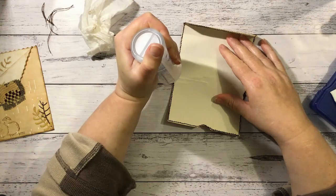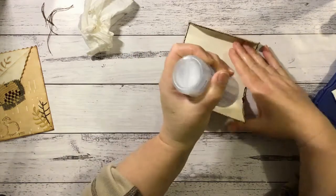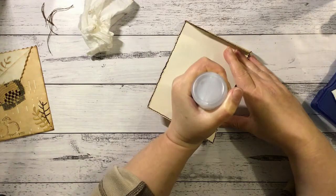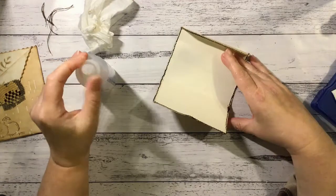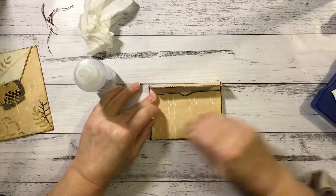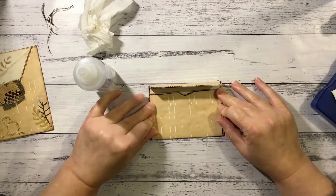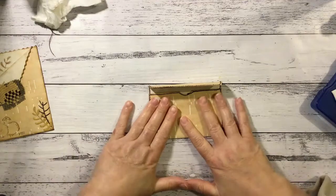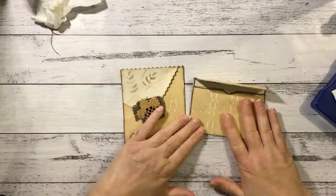Just run some glue up both sides. I'll just hold that down for a little bit until it gets tacky. And then we'll have our envelope. So I love the way the music paper looks on that, especially once you've inked it up a bit. So then we'll have our little pocket,